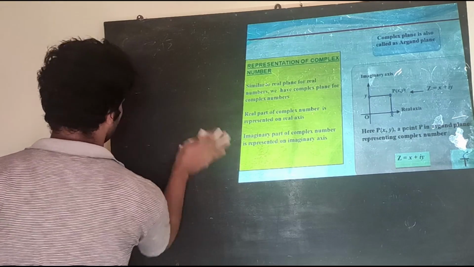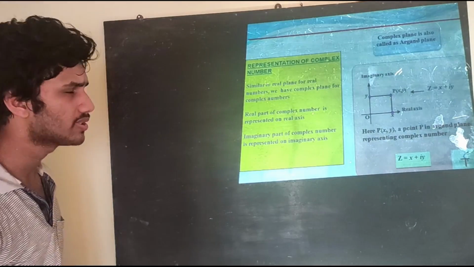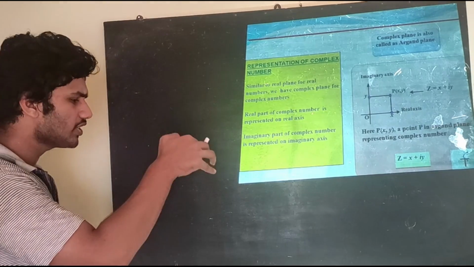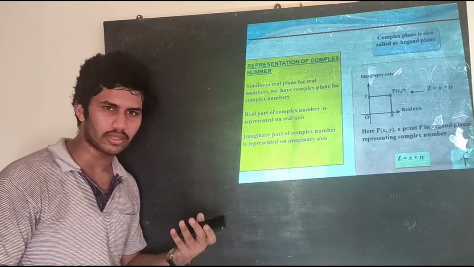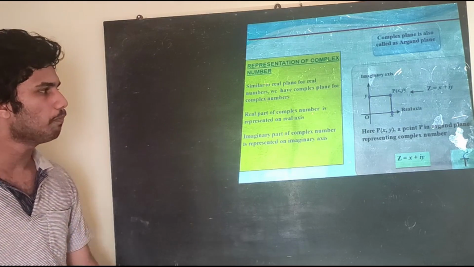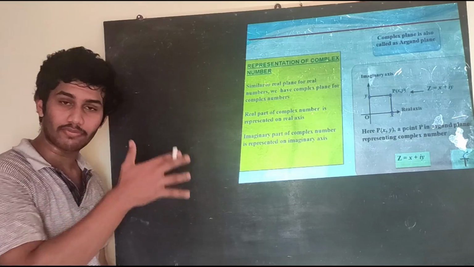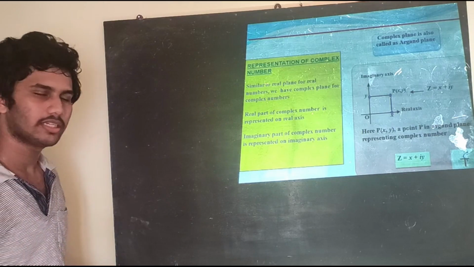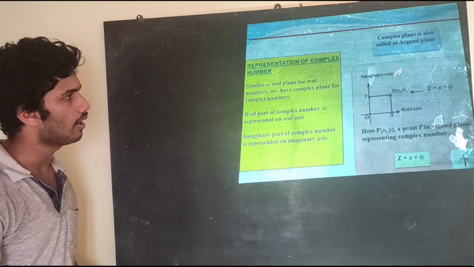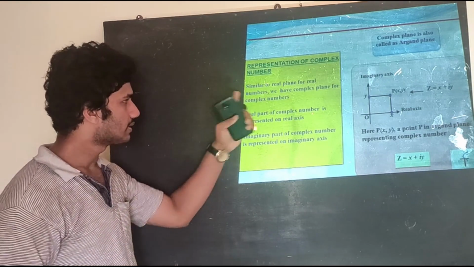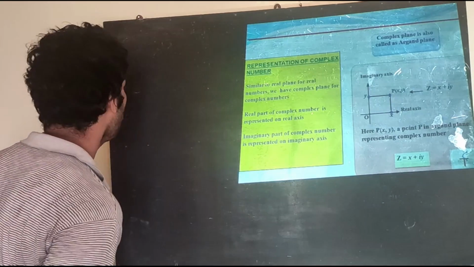Representation of complex number. Now where do we represent the complex number? That's the question next, right? So representation is same as you do in the real numbers. In real numbers you plot in the Cartesian plane. Similarly you plot here in a plane called the Argand plane. The name is different but the thing is the same. There is no difference in the plotting also. Only the name is different. Similar to the real plane for real numbers, we have the complex plane called the Argand plane.